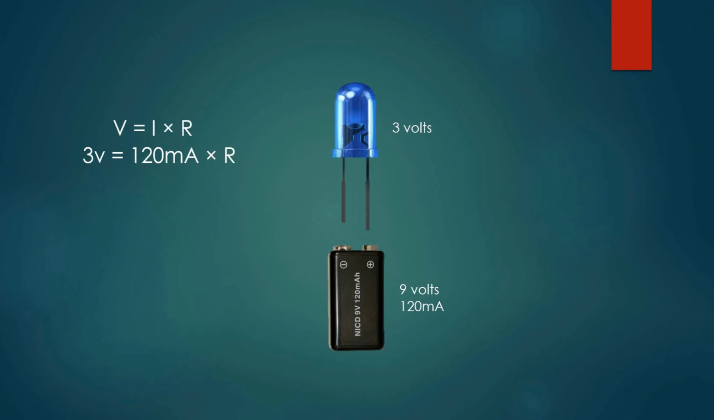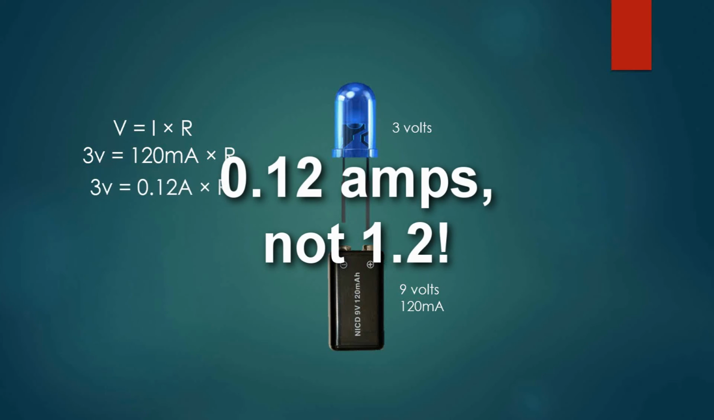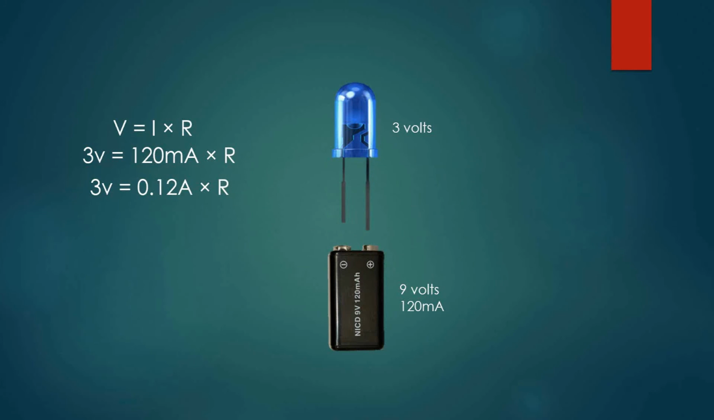Now, this equation only works if you're using amps, not milliamps. So we have to convert from milliamps to amps. 1 milliamp is 1/1000th of an amp, so 120 milliamps would be 0.12 amps. And since we're solving for R, we need to isolate it. Let's divide both sides by 0.12 amps, and we get